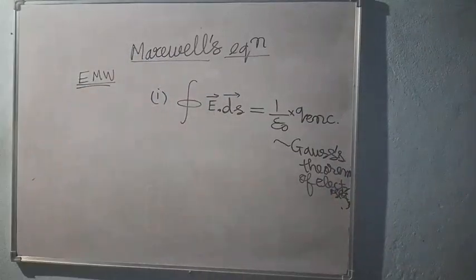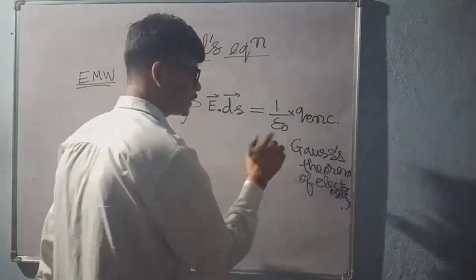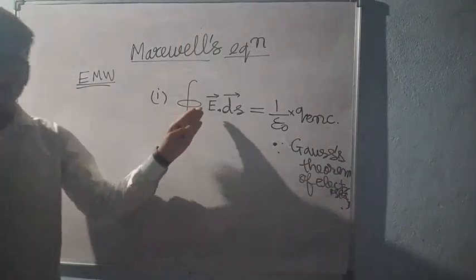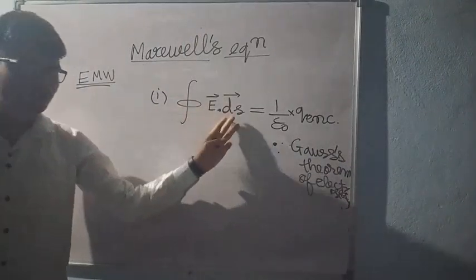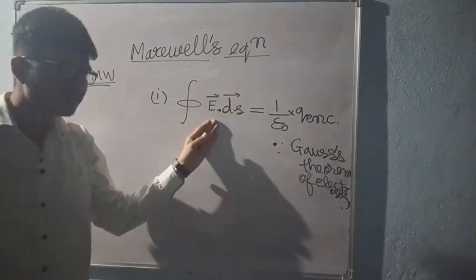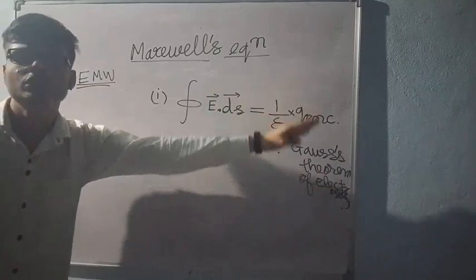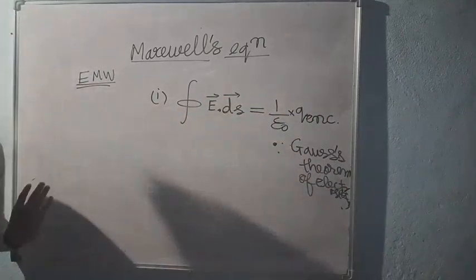This is from the Gauss law of electrostatics. The closed integral of electric field with respect to the small area element gives 1 by epsilon naught times the total charge enclosed. This is Gauss theorem. Next,